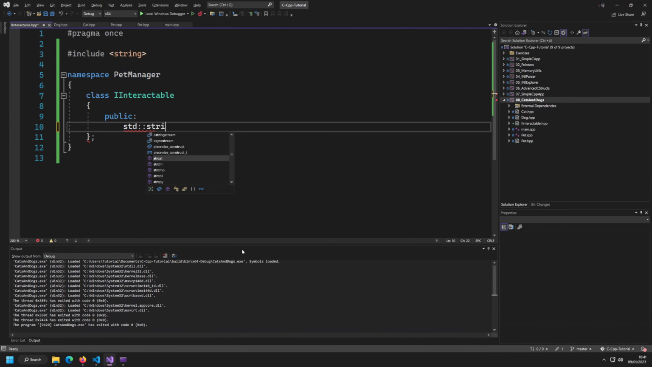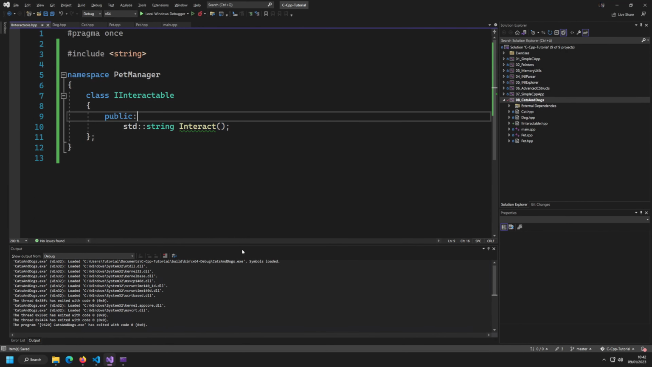I would say std::string interact here, and interact should not be constant. It probably should also not be noexcept. Now interact should also get a parameter, but I want to interact with toys with the animals, or the